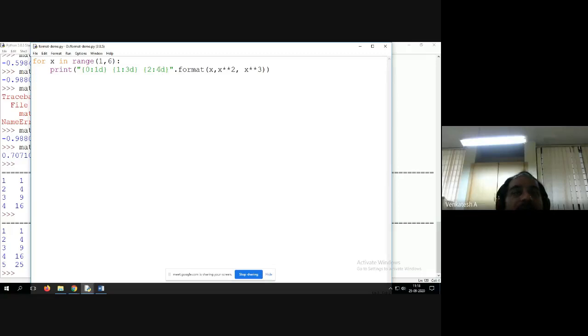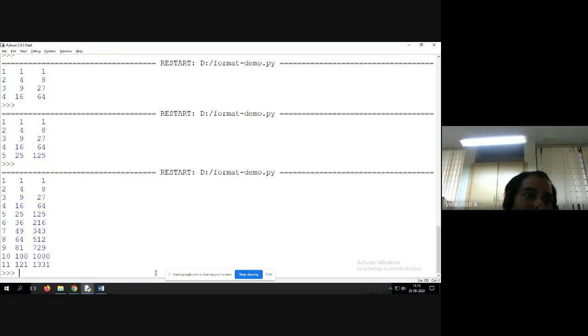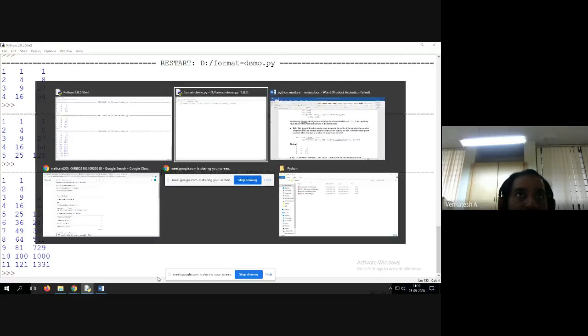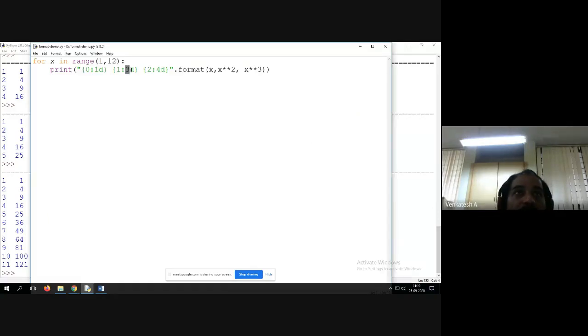So why are we giving 4 digits here? Because if we increase the number, it will generate big numbers, so it may need more space to accommodate.